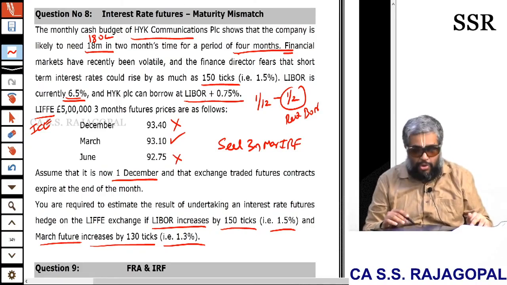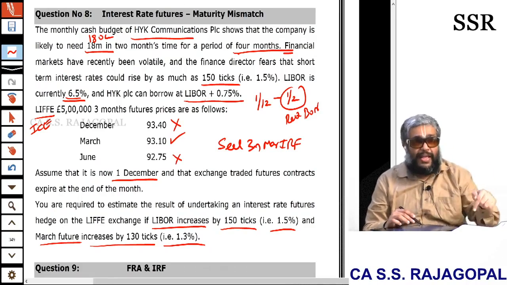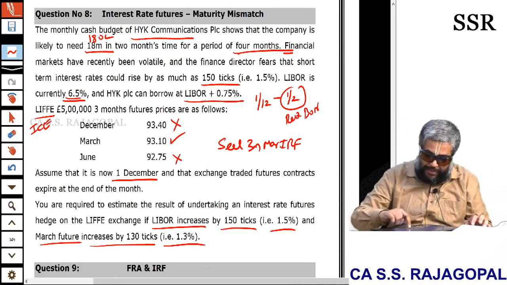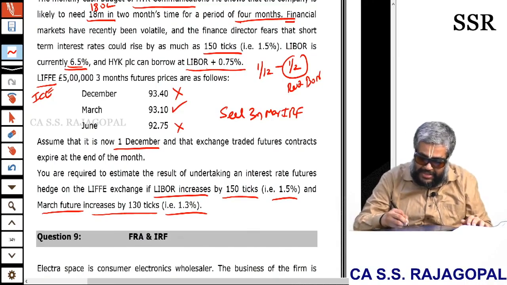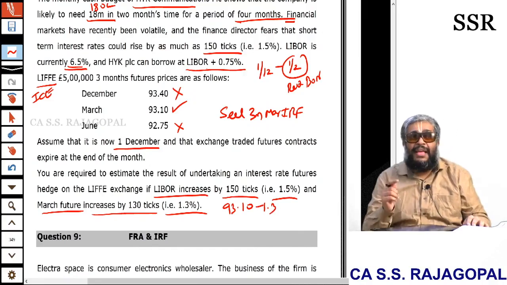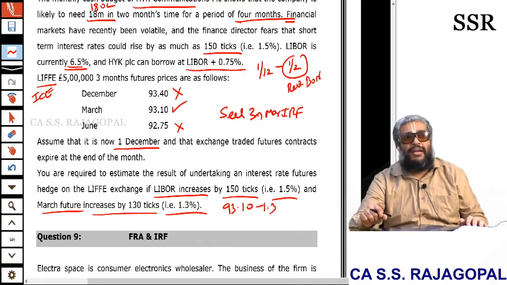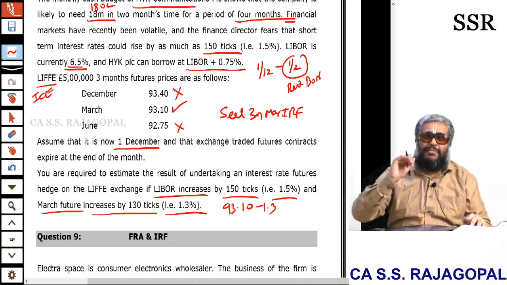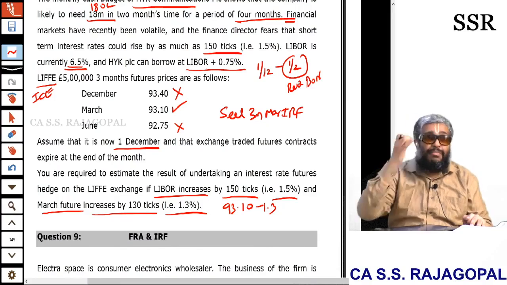Yes or no? But don't worry, the 93.1 March futures today on December 1, on February 1 has changed by 1.3 ticks. The interest rate has increased. So what happens is, on the loan the interest increase I have to pay, and I'll be giving a buy on futures at a much lower price and book the profit or loss. Everybody understanding? If you don't understand much more further, don't worry. We'll do the sum and then we'll understand it much better.